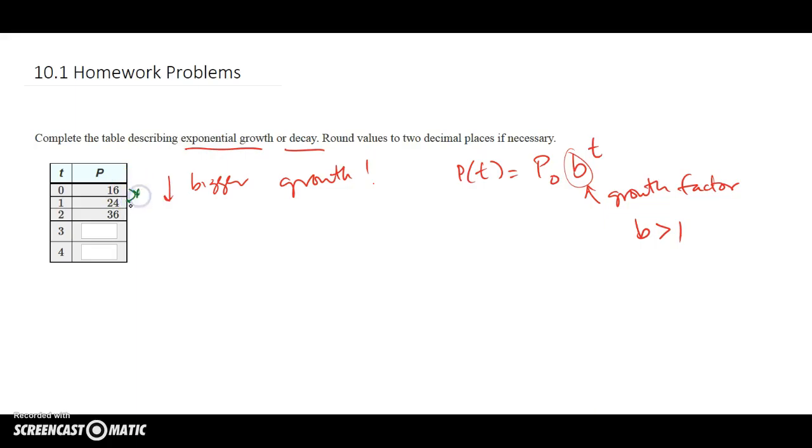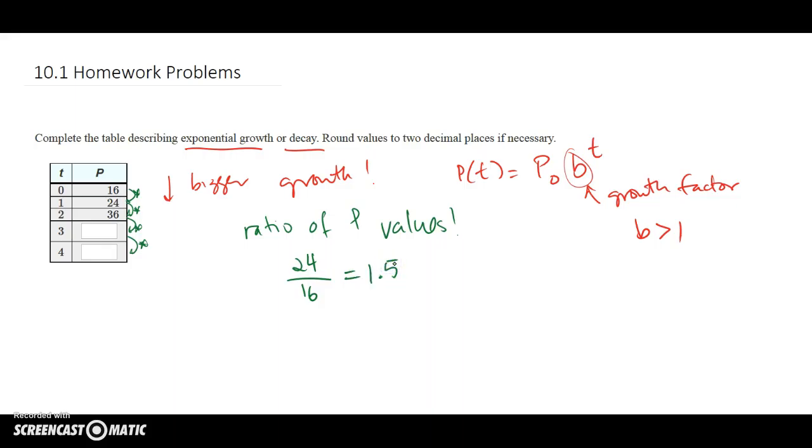So I multiply by something, and then I multiply by something, and then I multiply by that same number to get to each next successive term. And in order to find what that growth factor is, remember I can look at the ratio of any two p-values. So let's say I take 24 and I divide it by the previous one, 16. It looks like that gives me